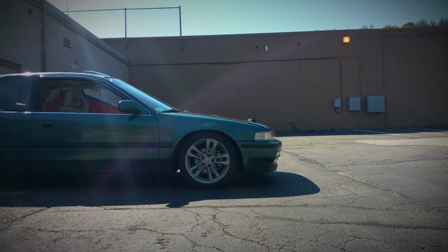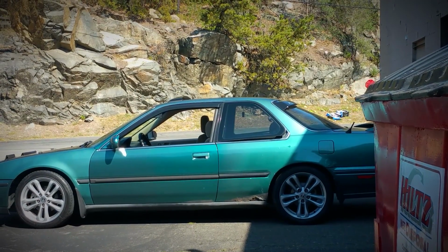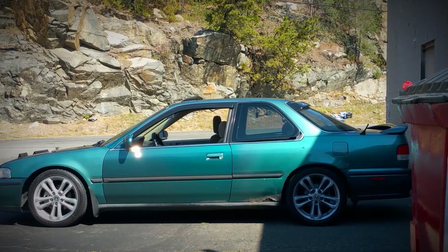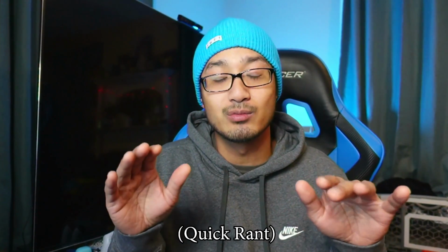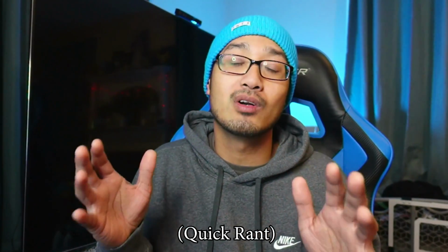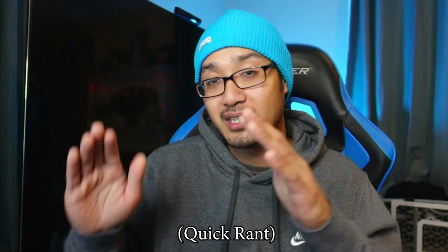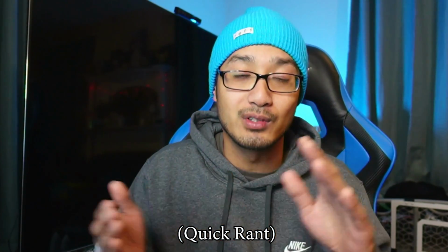Too many things that I learned from this car. Number one, importantly, how to drive manual. A whole bunch of maintenance and repairs. I did the brakes so many times on this car. You guys might know what I'm talking about, because when you replace the calipers and then they leak a few months later or almost immediately, that stuff sucks. Then you've got to go back to the parts store, get that replaced or swapped out for new ones,